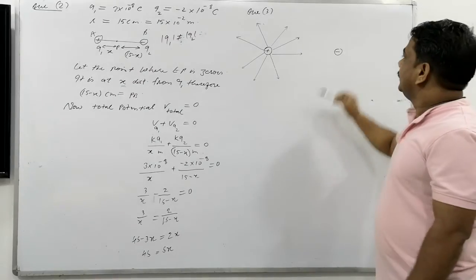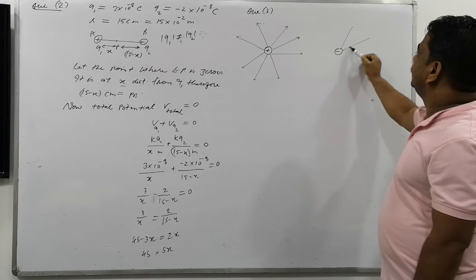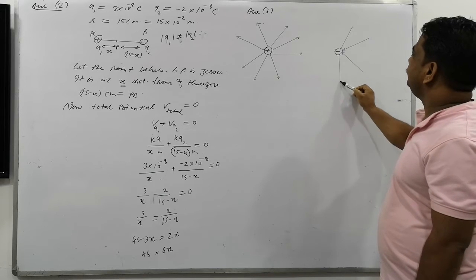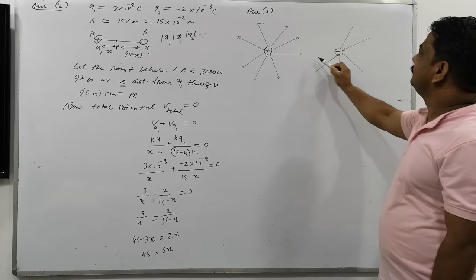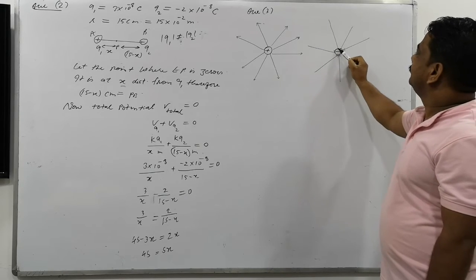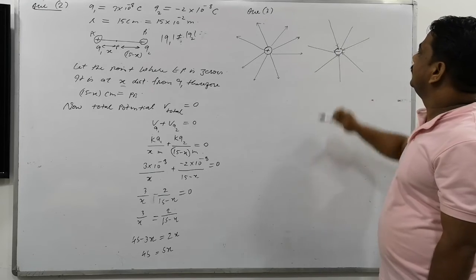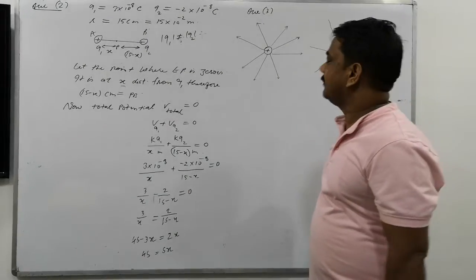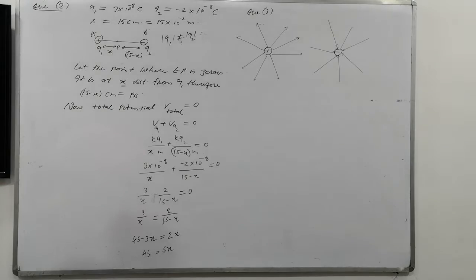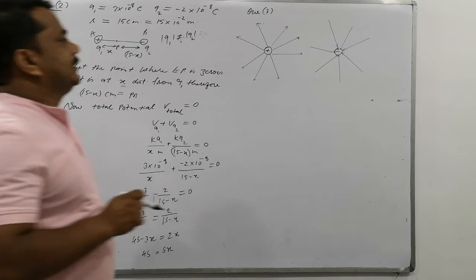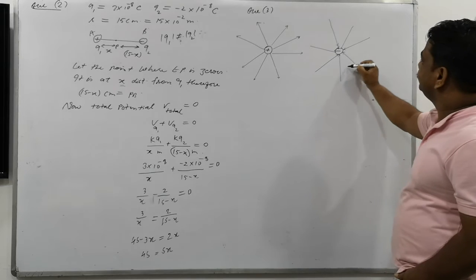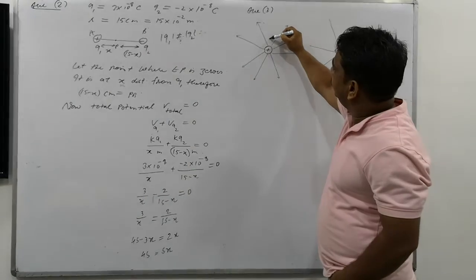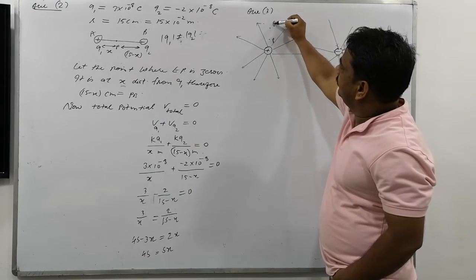Like this. Okay. And the field line pattern due to negative is this. You always have to remember the field line pattern due to positive charge and negative charge. Two field line patterns are there. And what is the question asking? P and Q points, A and B points are there. Here the A point and here the B point. And it is P and it's Q. Okay.